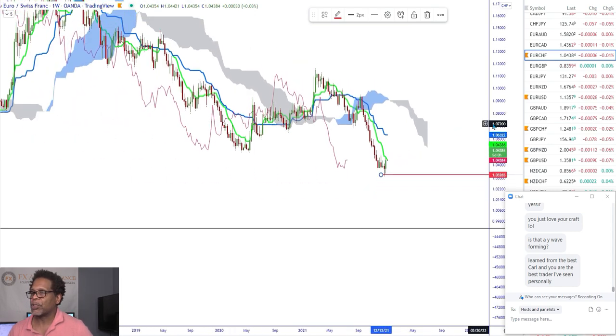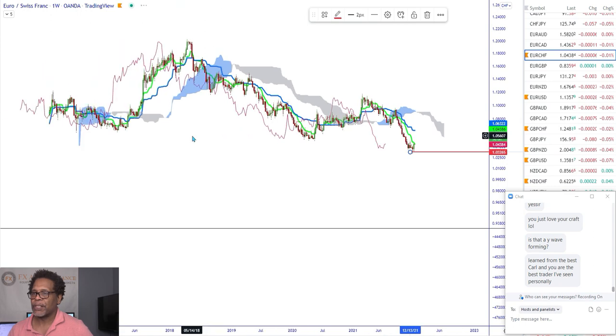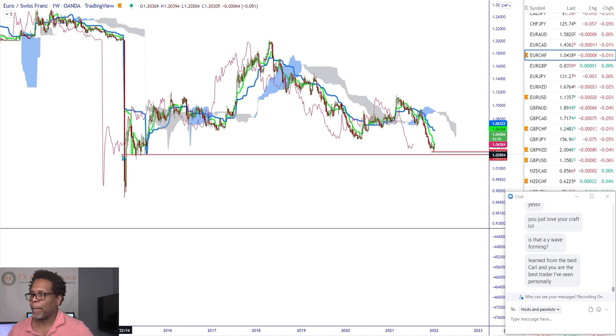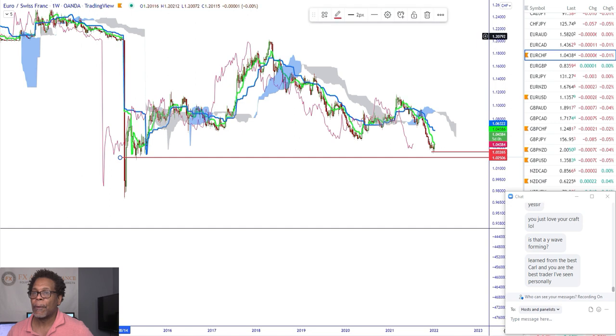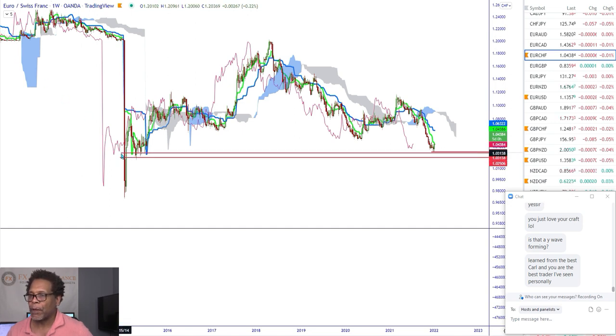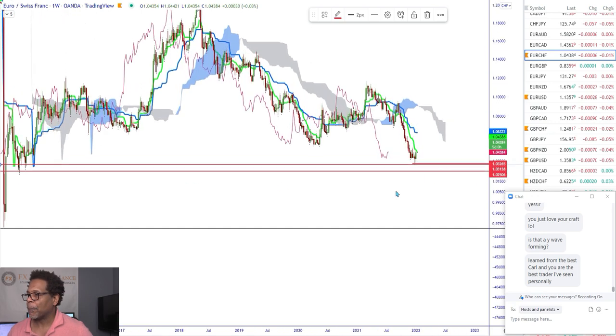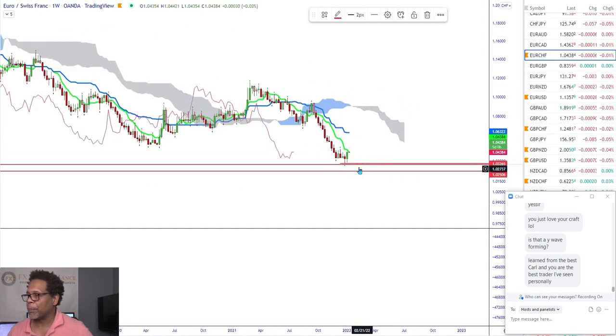Let's see if there's any lows that we could say support and resistance on here. Okay, yes, let's look at this. All right, so we're pretty much in this area. Let's mark this as a zone. Let's mark this bottom here. All right, let's mark this as a zone. This is where we're pushing into. And again, I don't think we get much lower than these levels, which then goes to the daily.